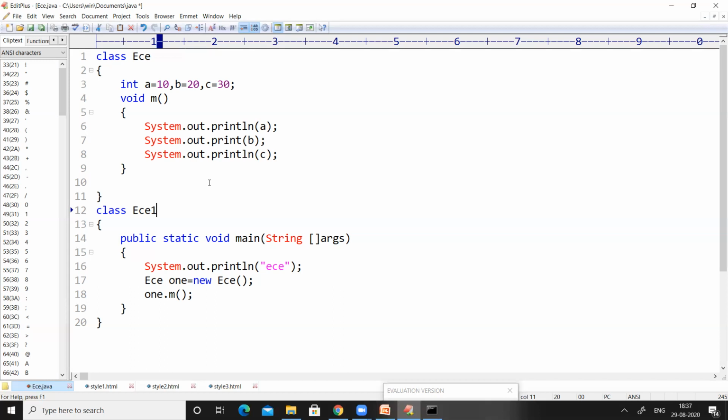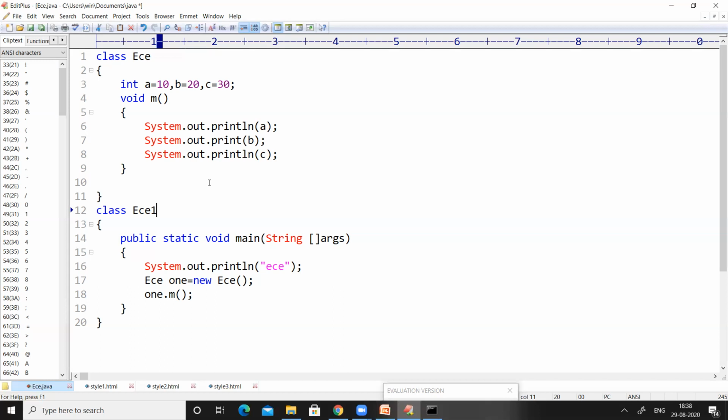Now we have to save this code with the name ECE1.java, because a program may have any number of classes. Among all those classes, the main method will reside in only one class, and we have to save our program with the class name in which the main method is there.